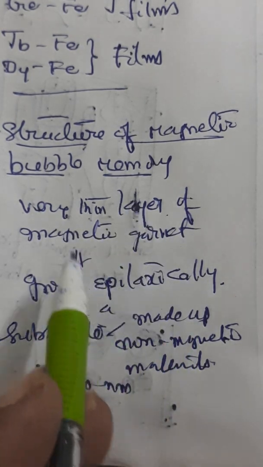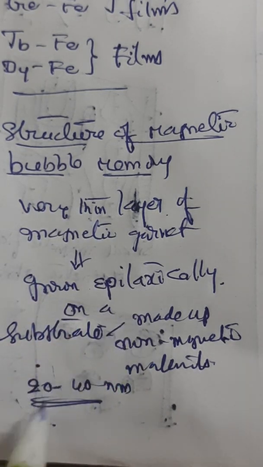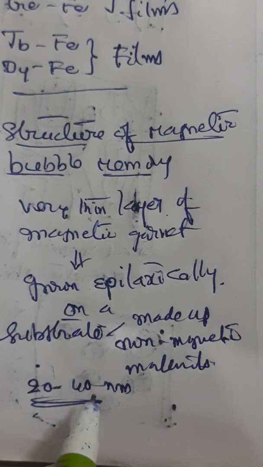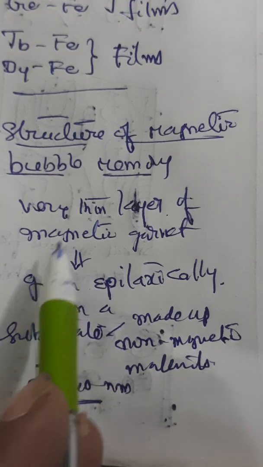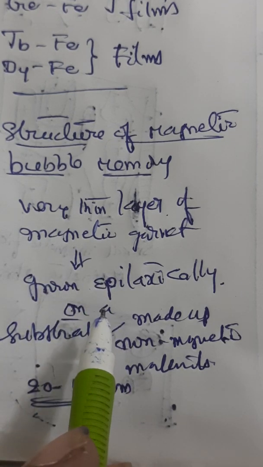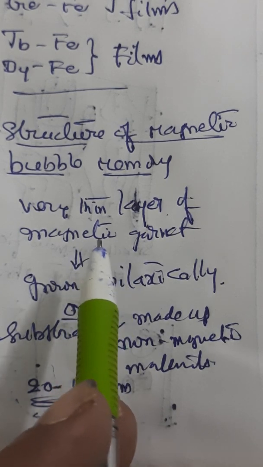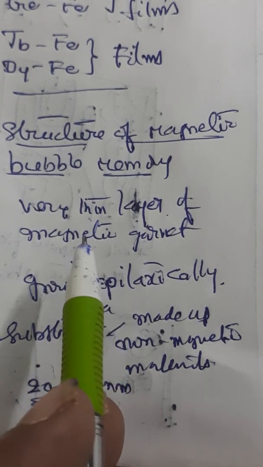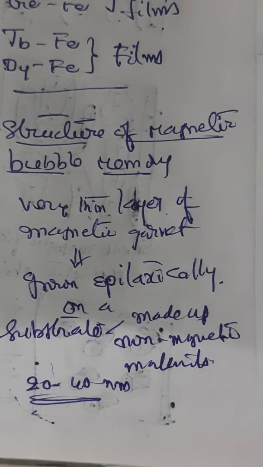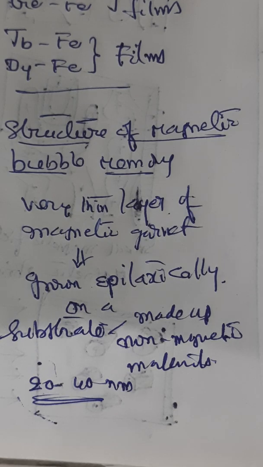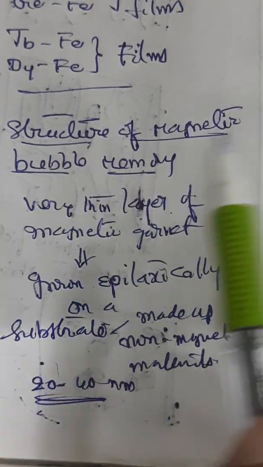Thereafter we use a permanent magnet to produce the required magnetic field. And we need a conductor kept on the top of the surface to produce the magnetic bubbles. The magnetic bubbles are made to rotate by employing a field using coils. So this is what is going to be there in the schematic diagram. I am again explaining, we are trying to understand schematically the structure of a magnetic bubble memory.